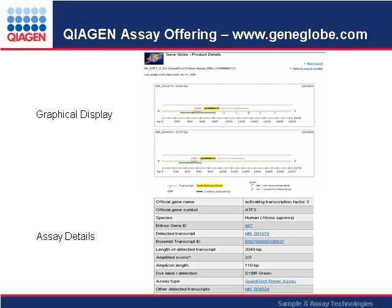for human samples, rat samples, or mouse samples. And if you access our website and look for particular gene expression assays, you will see a graphical display which shows you the position of the PCR product on the transcript, which shows also polymorphic sites and relevant silencing RNAs, which can also be obtained from this website. And it will introduce further information like the size of the PCR product, which exons become amplified, and also contains a direct link to the NCBI homepage from where you get specific information on the molecular and cellular background for the